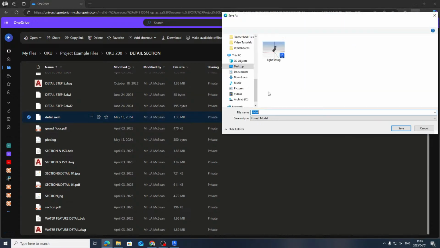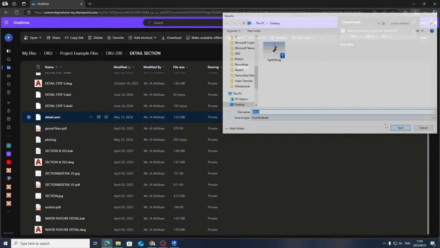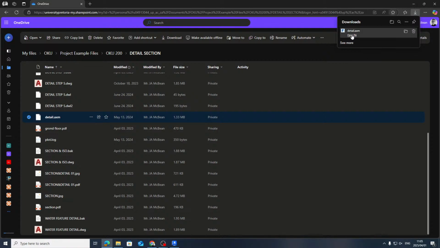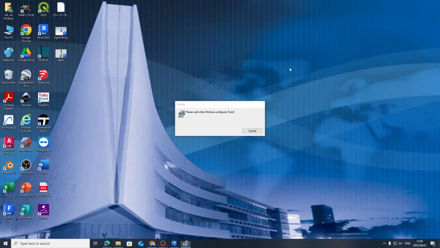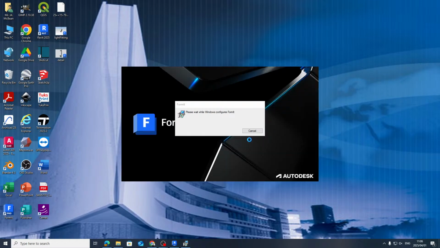Save as, desktop. Open file. I don't know what's doing that. Or maybe Forma stopped working on here as well. Interesting. Okay, that's very strange.